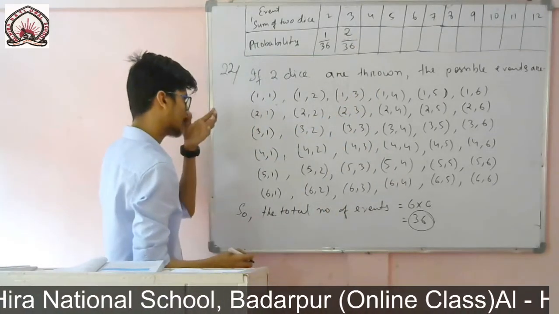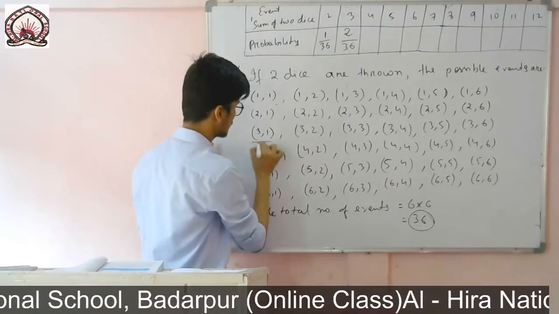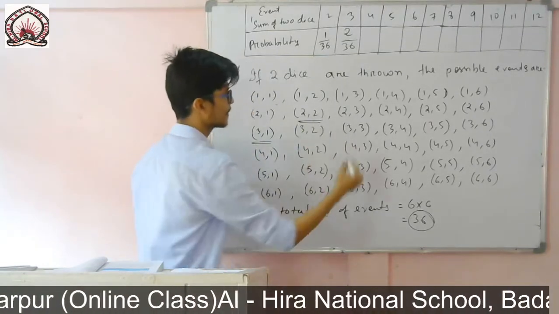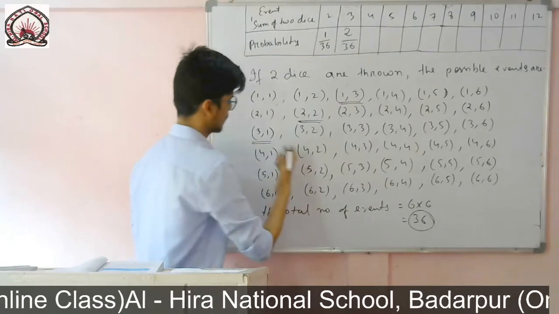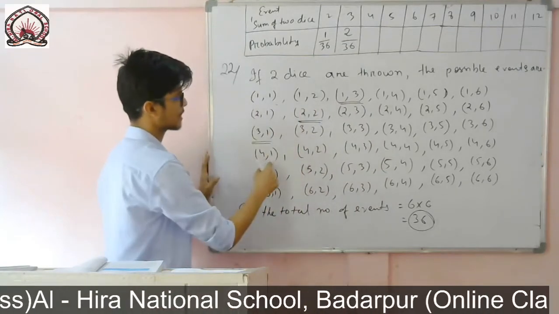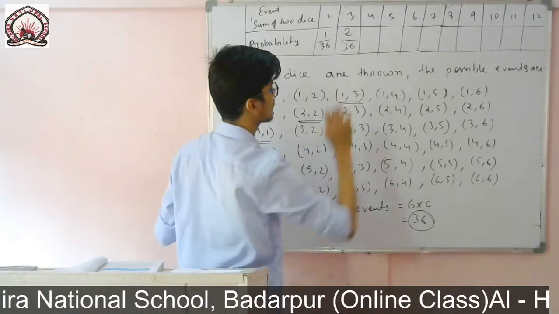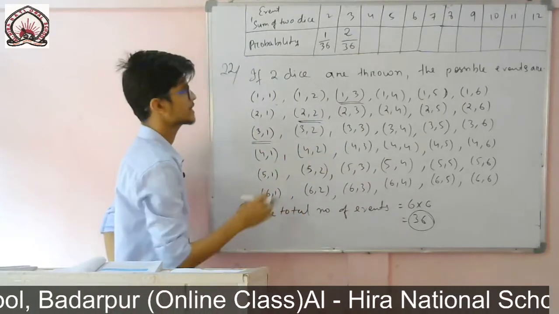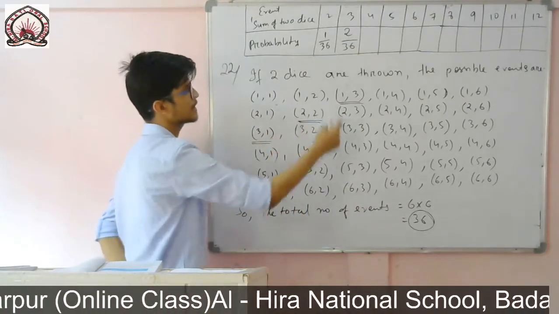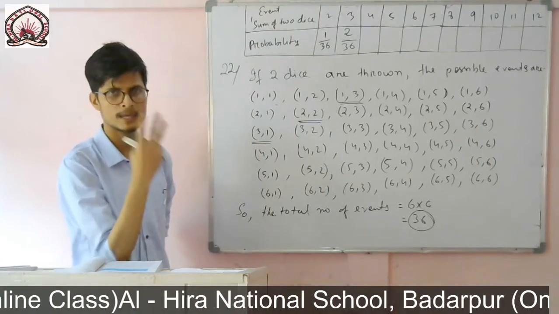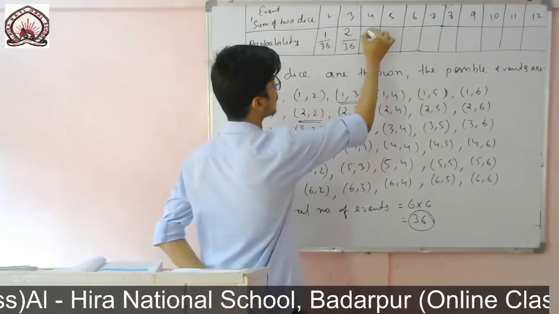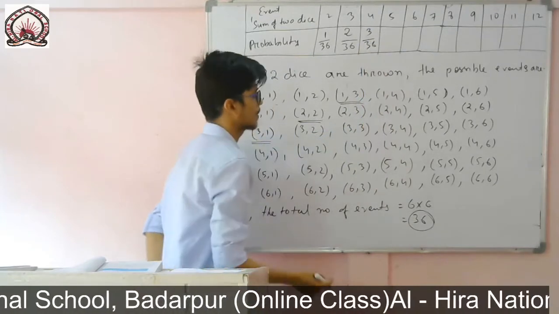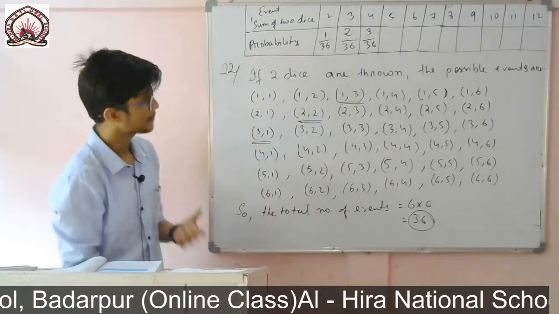When you get the sum 4, you see 3 plus 1 is 4, 2 plus 2 is 4, 3 plus 1 is 4, and the rest you will not get. 4 plus 1 is 5, 3 plus 2 is 5, here all the sums are 5. So how many events are you getting? 1, 2, 3. That means your favorable outcome will be 3. Total possible outcome we know it is 36. So in each and every case it will be 36.